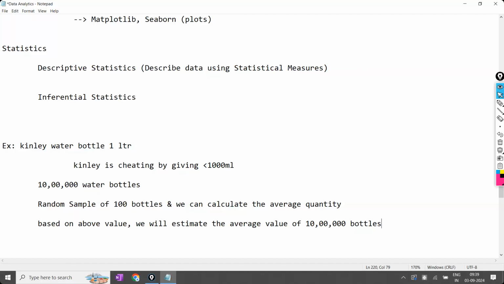And the example you are very familiar with is exit poll surveys. Recently the election was completed, and after the election and before the result, they give the exit poll surveys and estimate the seats. Are they asking each and every person in India or in that particular constituency who participated in the voting? No, they ask only certain people, a sample of 100 or 1000 people in that area, and according to that they estimate which party people in this area are interested in, and conclude from that. That is called inferential statistics.